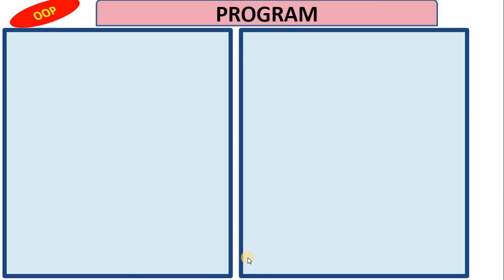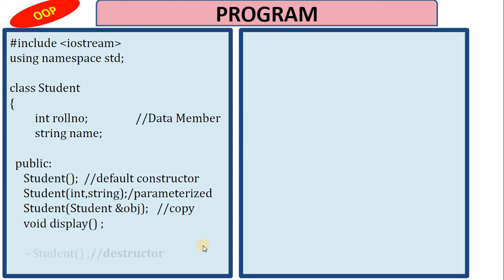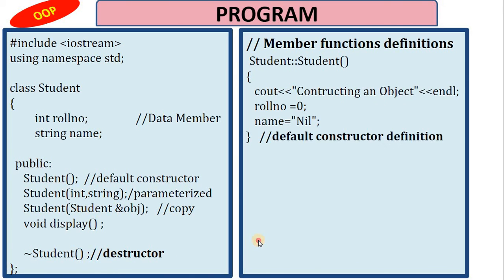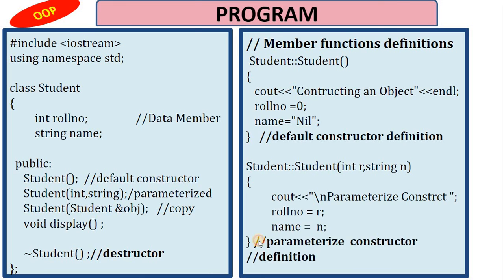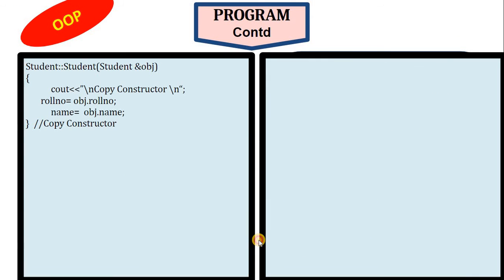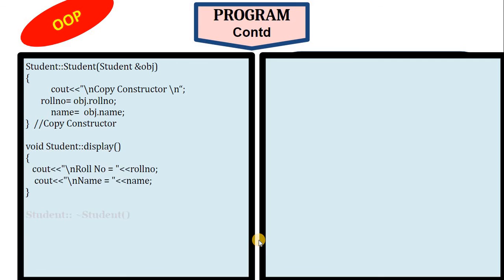So, basically understanding the program, the same program is written, but while declaration, just see one thing has been added over here, that is a destructor with a tilde sign, and the definition of this destructor is just added to the program. Observe the changes. After the display function, I am writing student scope resolution operator tilde sign student. So, here I am defining the destructor where I am giving the message object destroyed.